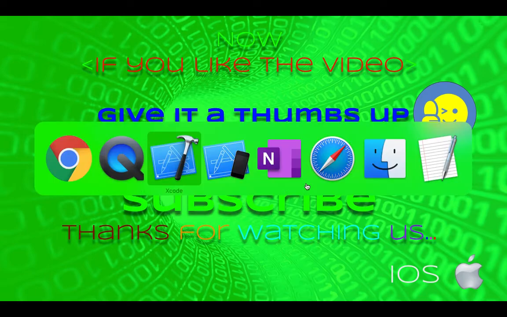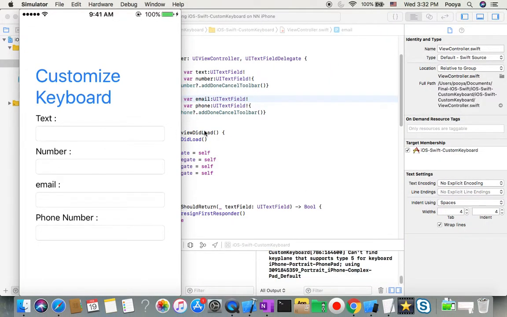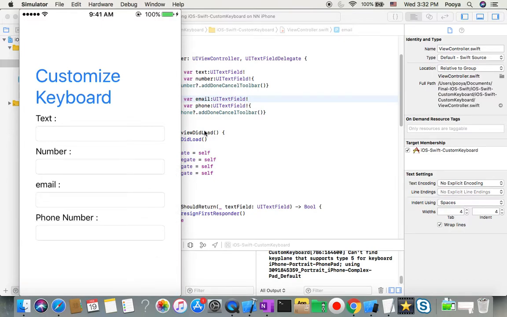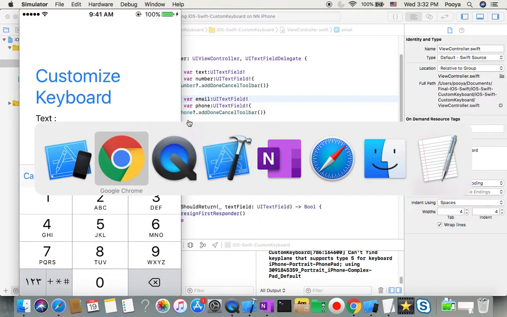And yeah, let's go and see the result. Yeah, here we go. I'll go to the phone number. Yeah, and you will see that we have that pad in number as well. Okay,